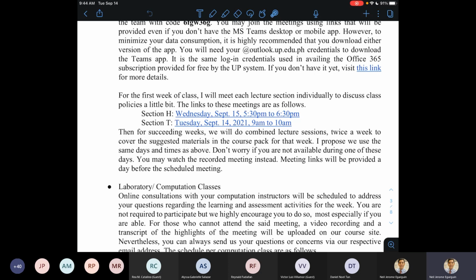Yun pala. So we'll do, okay, I think we'll do that. I'll meet you twice a week, Tuesday and Thursday, 9 to 10 a.m. And then please, let's be as interactive as possible. Take advantage of the live sessions. And then,